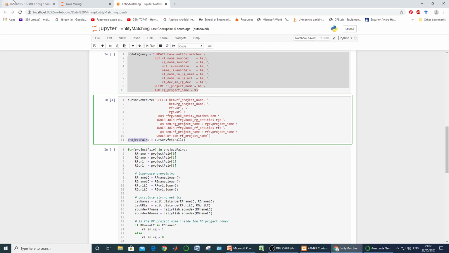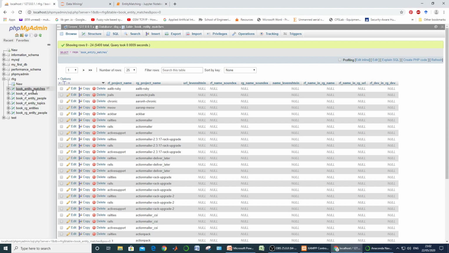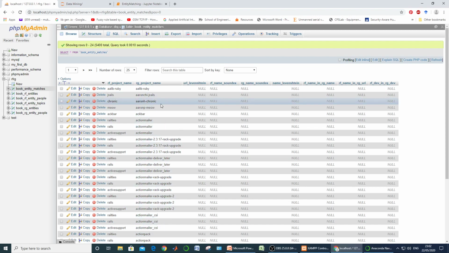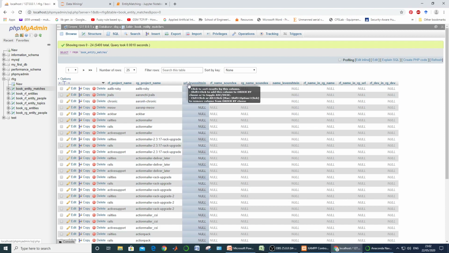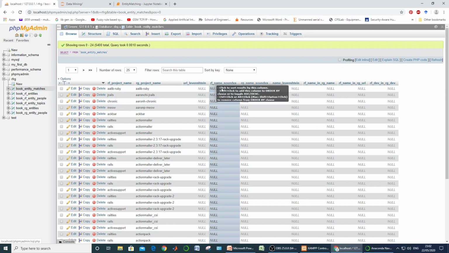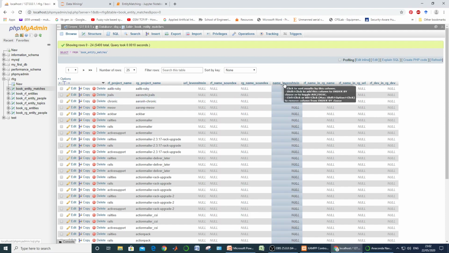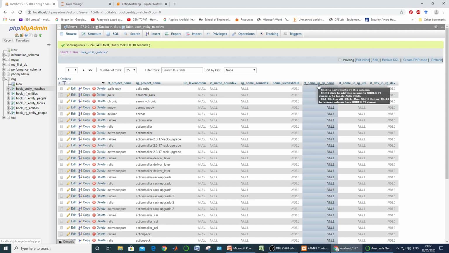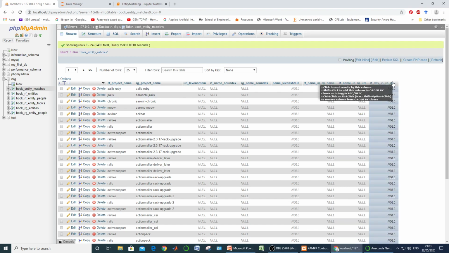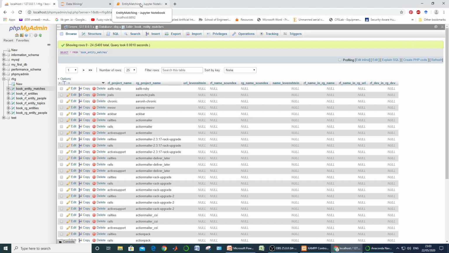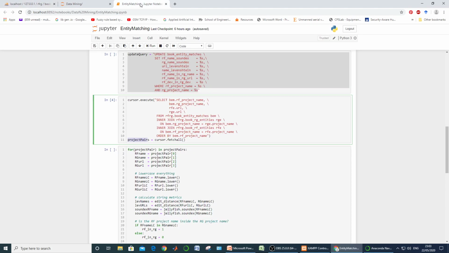Where we are now, we already know the RF project name and the RG project name, and we know the RG URL and the RF URL. So we can easily calculate the URL Levenshtein distance, the RF name soundex, the RG name soundex, and the name Levenshtein. We can calculate whether the RF name is in the RG name, and whether the RF name is in the RF URL, because we know the URLs from both data sets. This is still an unknown field, so the next thing we solve is for the developers.